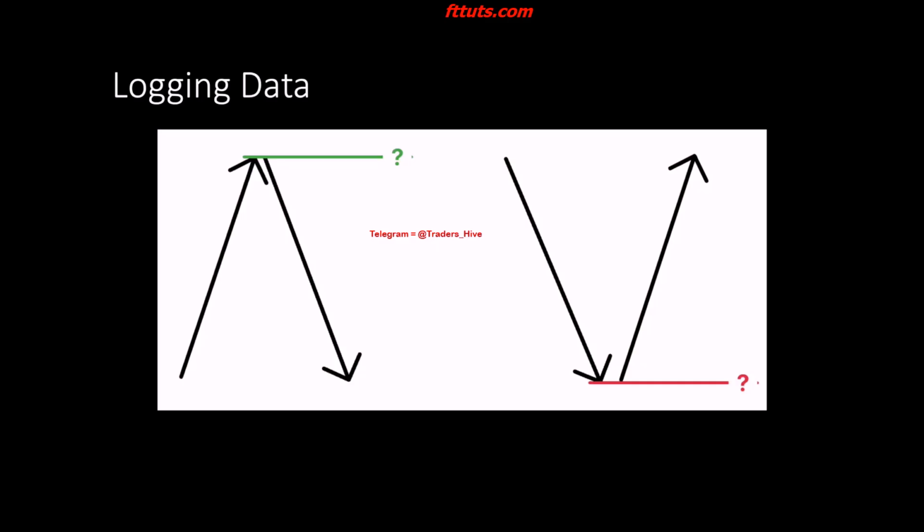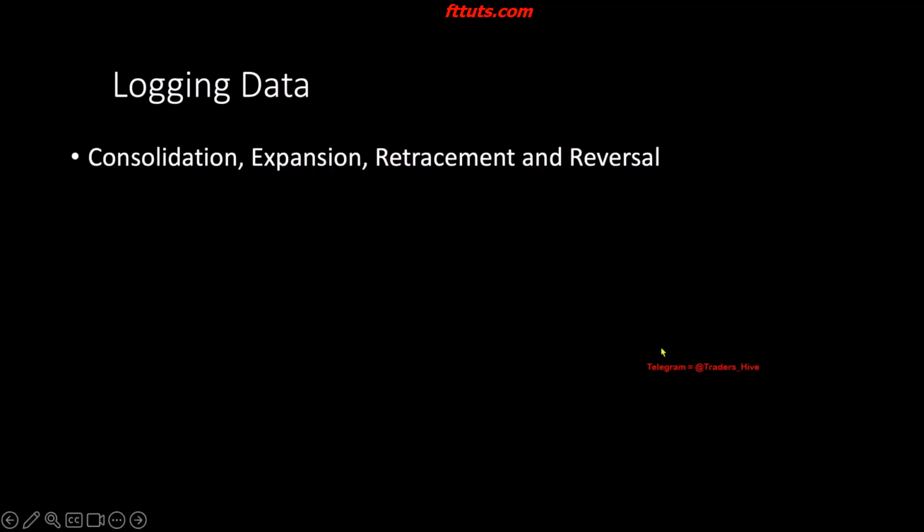And here comes another question then. What about implementing time into this logging? What about just making use of everything that is already visible on our charts, on our blank charts? Without any annotations, we can already make a few logs, such as the following. First of all, we can log the 4 different market stages: a consolidation, an expansion, a retracement, and a reversal.